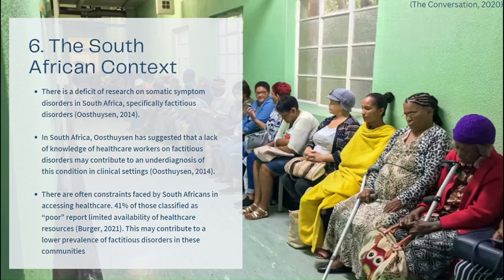So in the South African context, there is a deficit of research on the presentation of factitious disorders. And given the fact that there is limited access to healthcare resources, specifically in poorer and more rural regions of the country, it is much harder to identify the prevalence of this condition amongst people in these regions. People may also be discouraged to attempt to falsify an illness in these contexts, as it is so difficult to gain access to these places. And potentially, one may want to consider less conventional settings for the presentation of factitious disorder in this country.